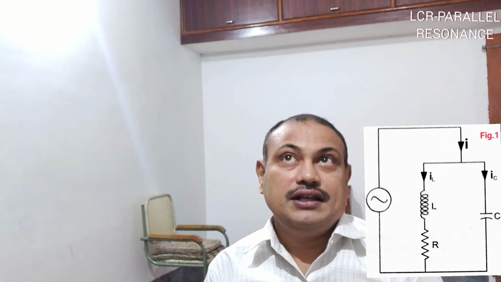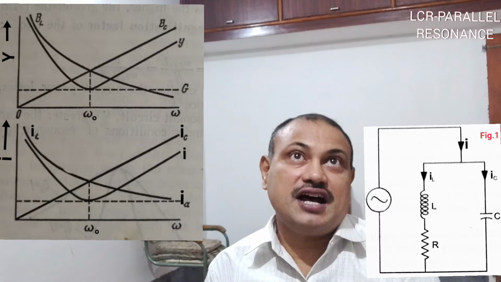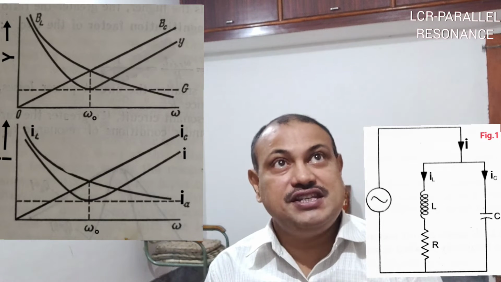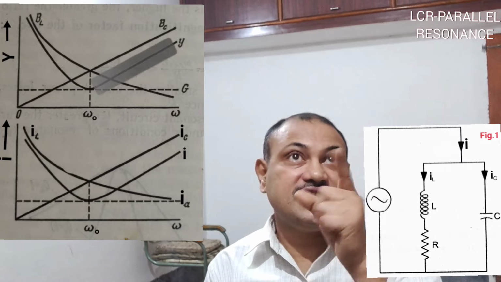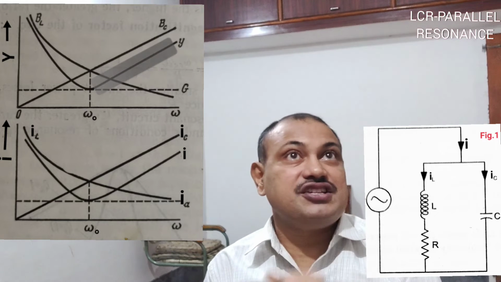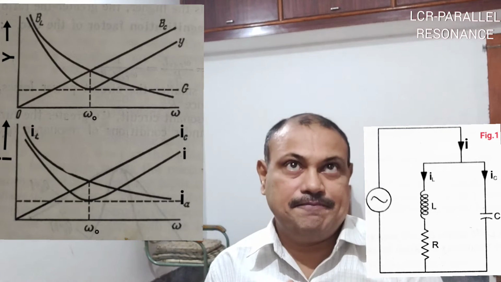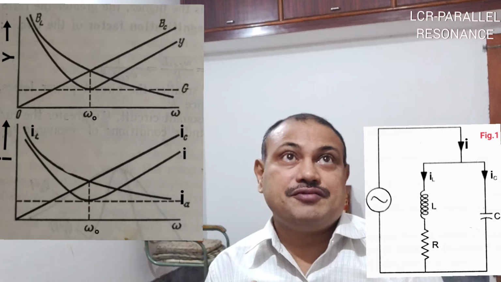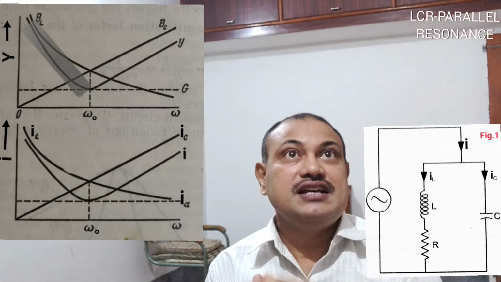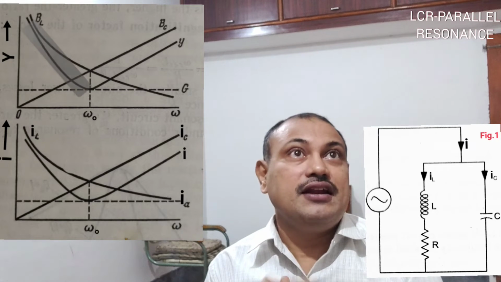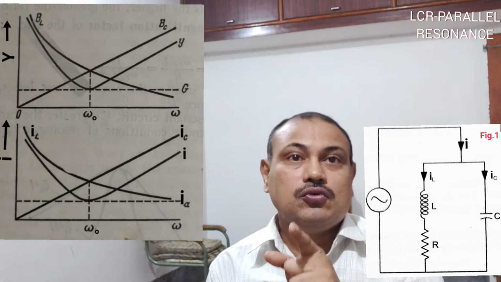|BL|. If you see the figure, the variation of inductive susceptance and capacitive susceptance is as shown. Capacitive susceptance BC is directly proportional to frequency, and after the resonant frequency, this capacitive susceptance dominates the circuit, and hence admittance increases with the increase of frequency beyond resonant frequency. Inductive susceptance is inversely proportional to frequency, and within the interval of 0 to resonant frequency, this inductive susceptance BL dominates the circuit, and hence the admittance decreases with frequency within the interval 0